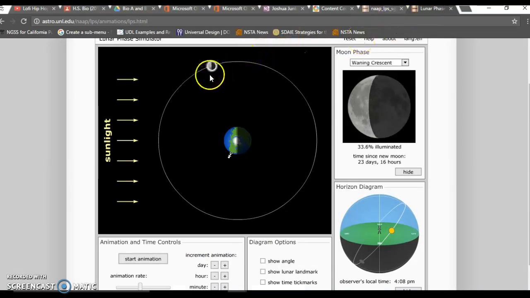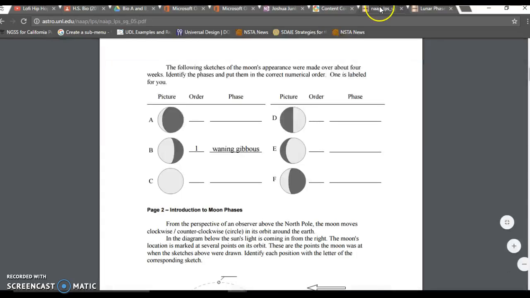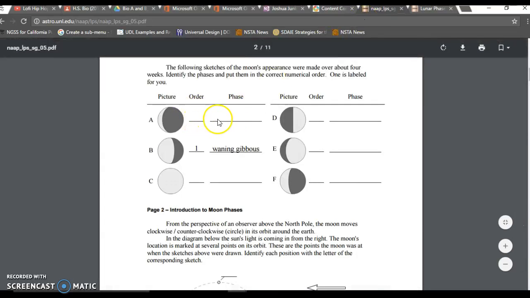So I'm going to keep going a little, and look at that. It's called Waning Crescent. Crescent is what this is called, that sliver of light still showing. But it's waning because the shade is slowly decreasing how bright the moon is. So the moon is getting less bright, it's waning because it's getting less bright. The brightness is reducing or decreasing, so it's called Waning Crescent. So I would say order number 3 here, Waning Crescent,